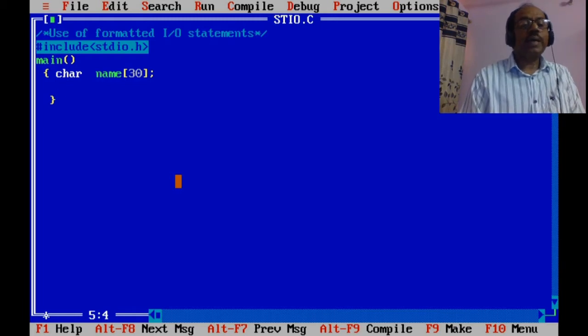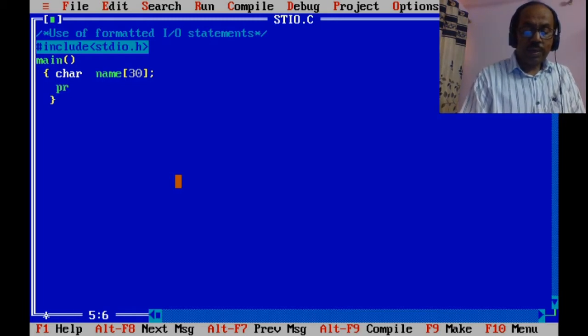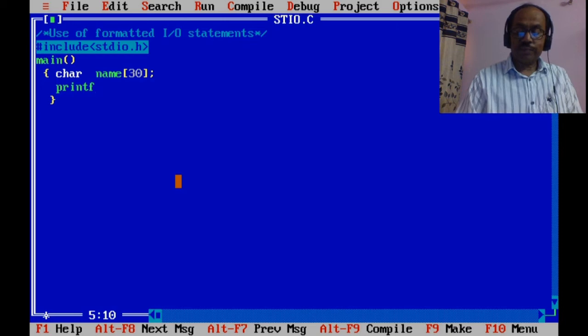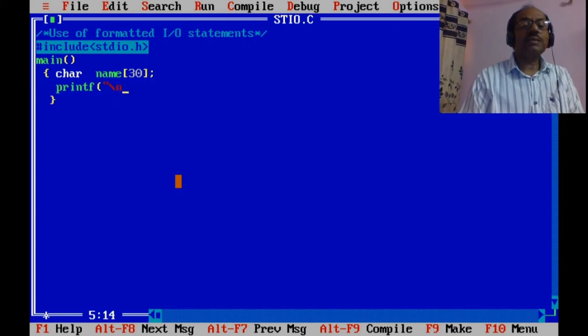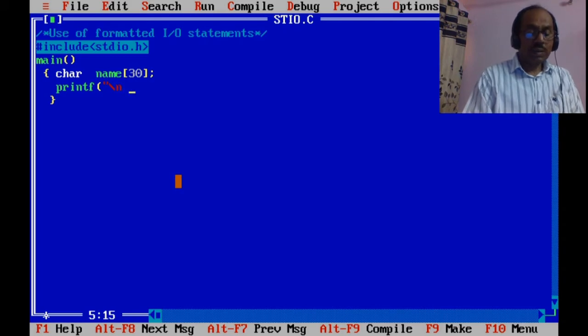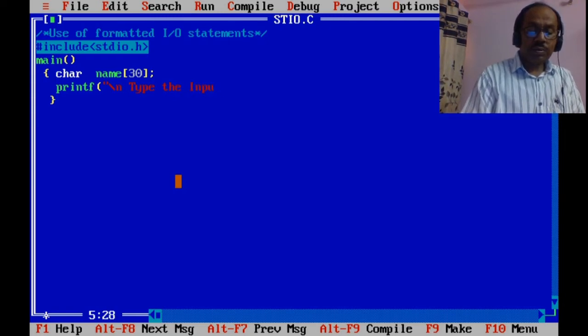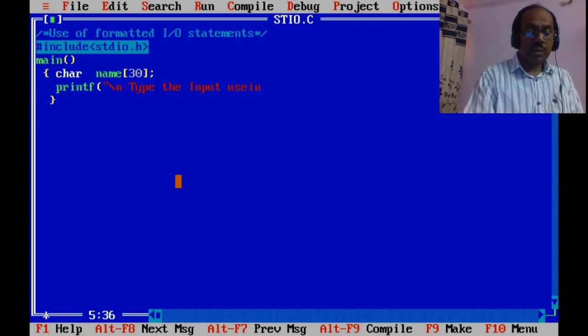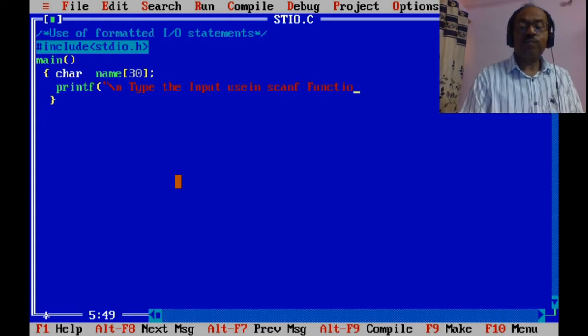So again I am putting the label printf \n for new line. Type the input using scanf function.